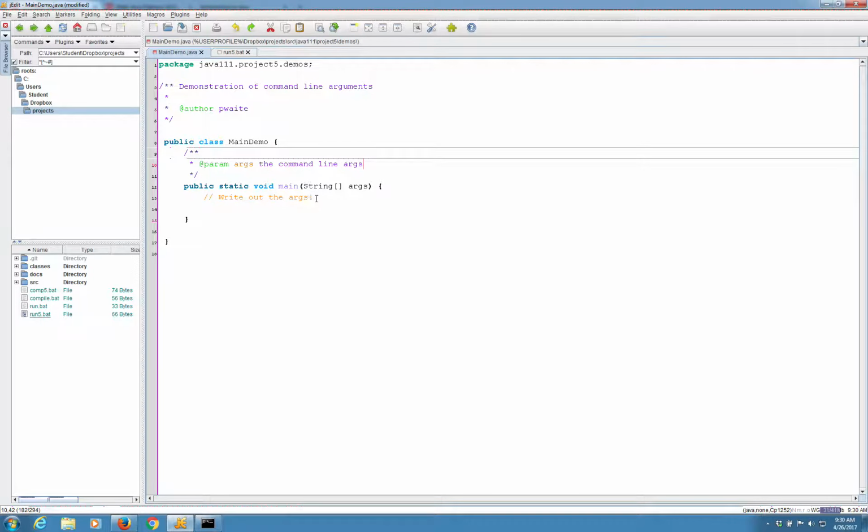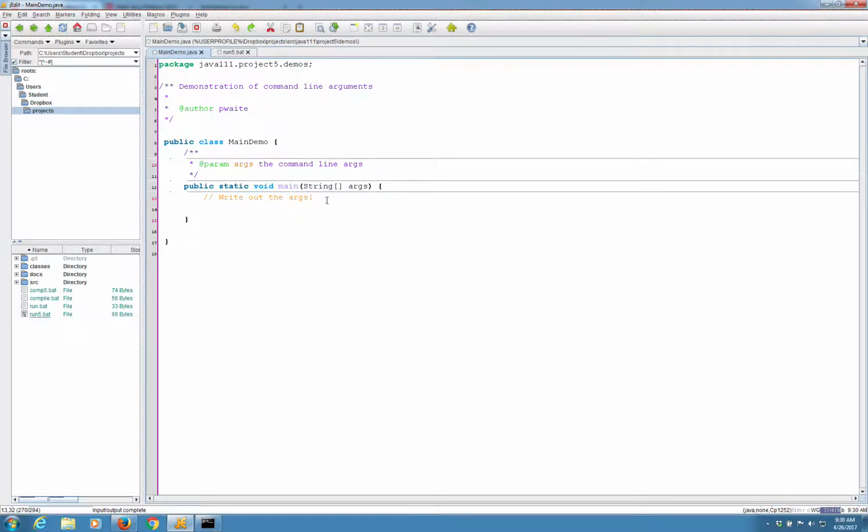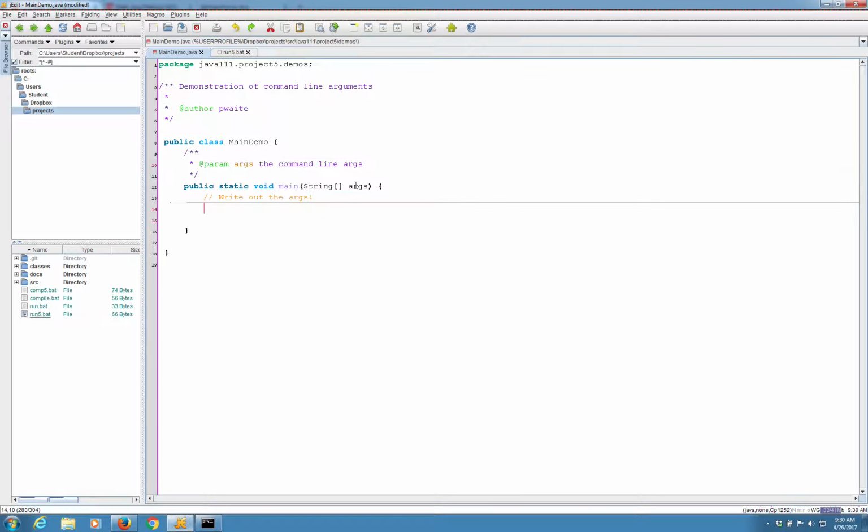This allows us to pass in values to our program. In this quick demo I'm going to write out those values. I've got an array of strings, so I'm just going to use a for each loop here.